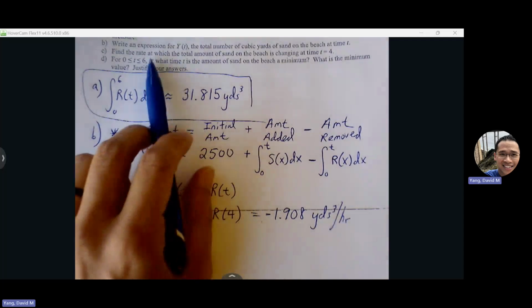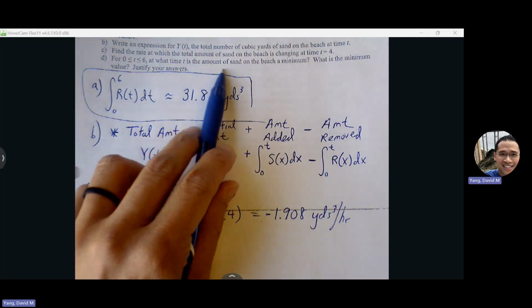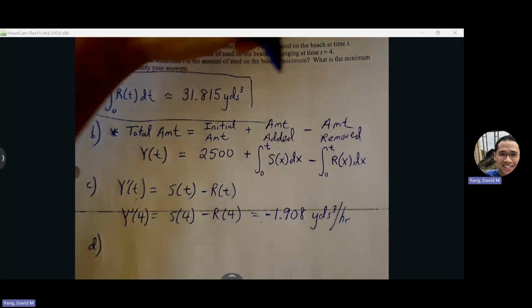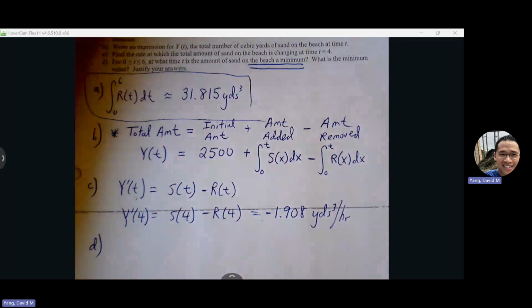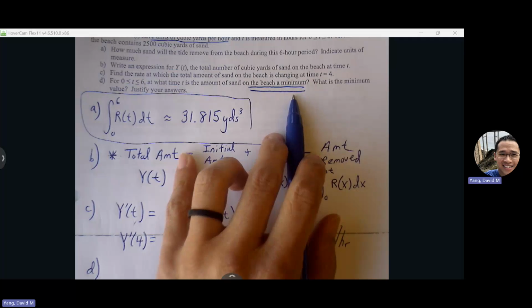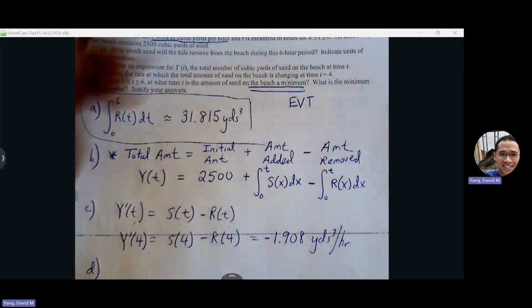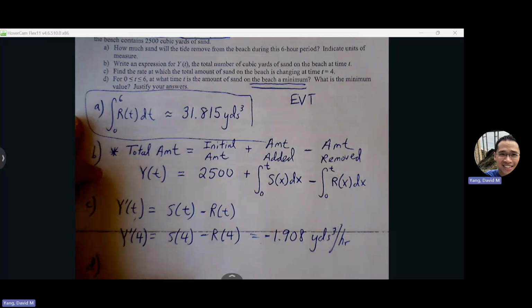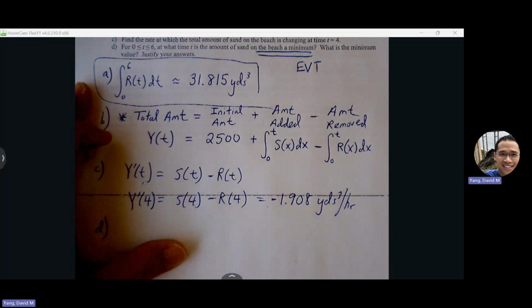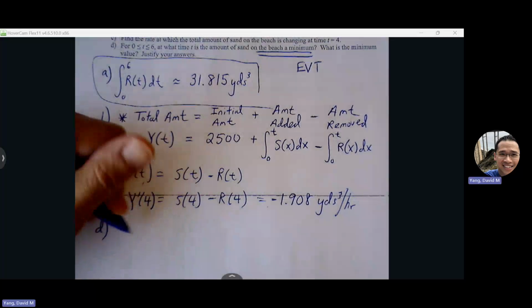Okay, part D. For t values between 0 and 6, at what time is the amount of sand on the beach at a minimum? So anytime we see max and min, we know that they're trying to get us to use which theorem here? It's the extreme value theorem. Yeah, so the extreme value theorem requires us to keep track of a couple of things. We've got to keep track of our critical points and endpoints, right? So we're going to be testing